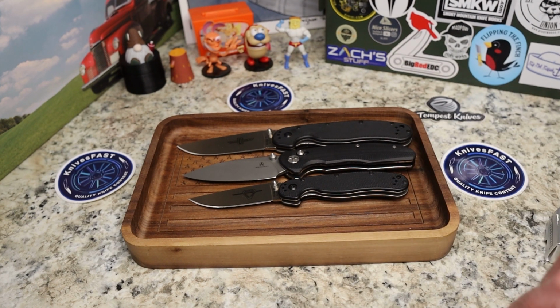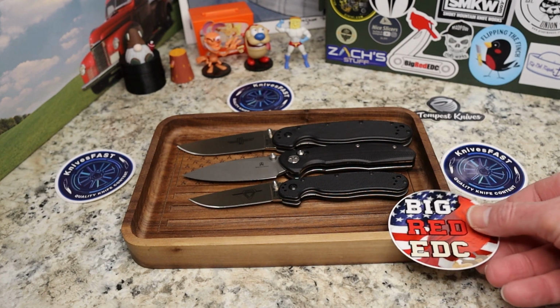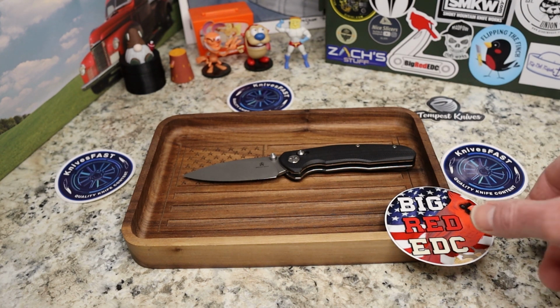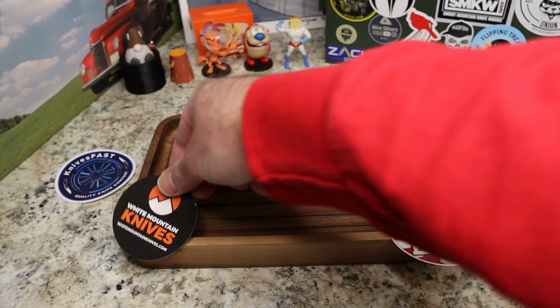So really, really nice knife. You know, I'm kind of impressed with it. I still don't completely understand why some of these companies feel like they have to make a whole new brand to do a more budget-friendly knife. Now, I am very pleased that they went with 14C instead of D2. To me, wonderful move. And now you have, like I said, right at a $50 knife,